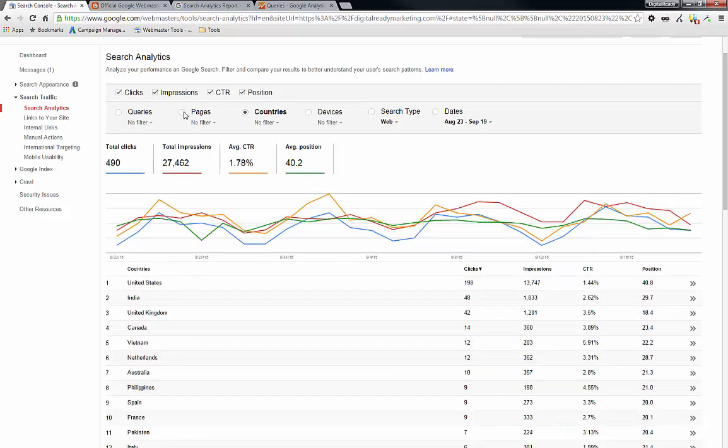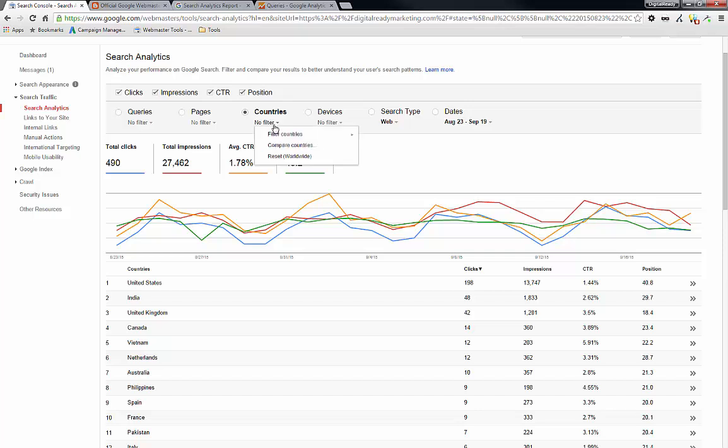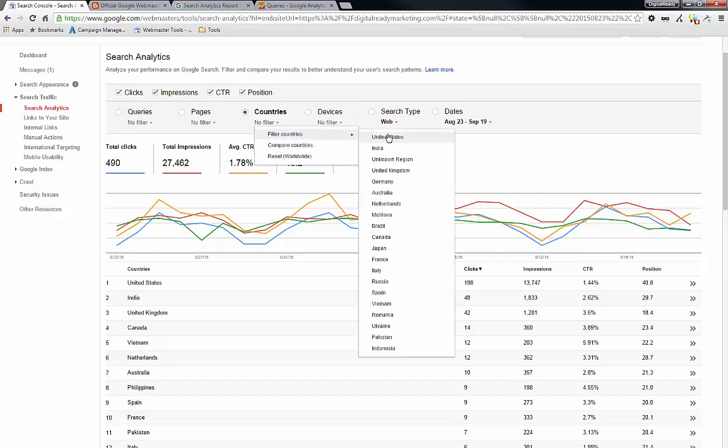Before we go to that, you can also filter based on the URL. Like I said, you can compare two different pages if you want to do that, and of course you can reset it. Then moving on to countries. If you happen to target different countries, and in this case, as you can see, digitalradiomarketing.com shows up in various countries other than